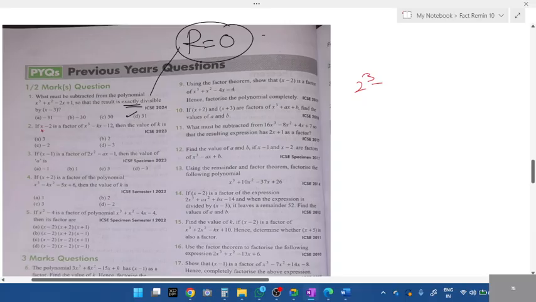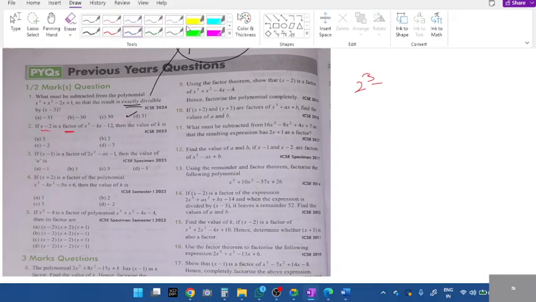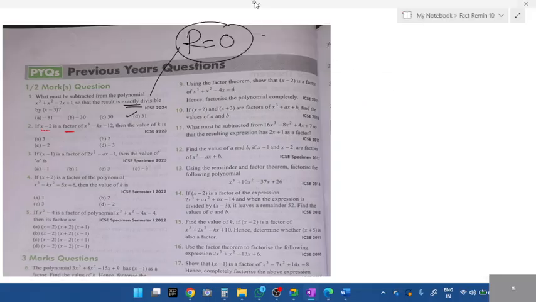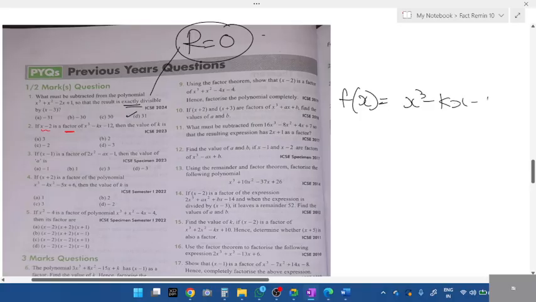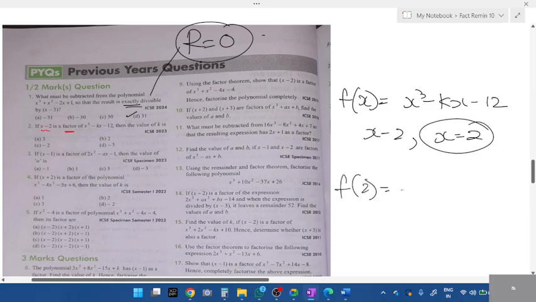Okay, what is given here? x − 2 is a factor. Can you see the word factor, students? If it is a factor, what will be the remainder? If something is a factor, the remainder should be 0. If it is 1 mark, you don't have to show the calculation, students. If it is 3 marks, look here, I'll tell you how to write the steps. f(x) = x³ − kx − 12. Then x − 2 is given. Put a comma, write x = 2. Substitute this: f(2) = 2³ −